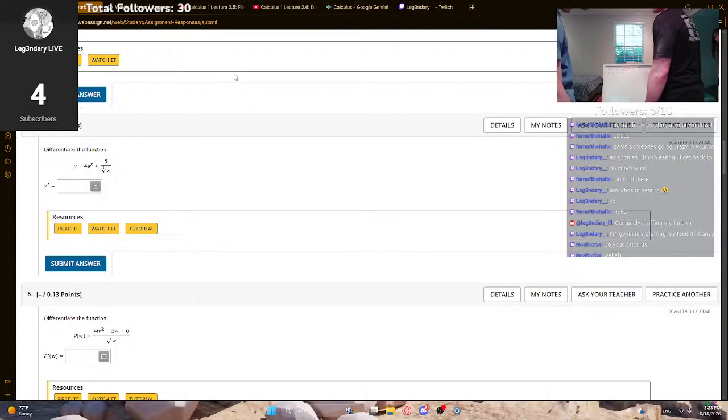You always just get e to the x. So these two: the e to the x, if you ever see this in a differentiation problem, don't touch it. It's always going to be e to the x no matter what. Alright, the next one is,